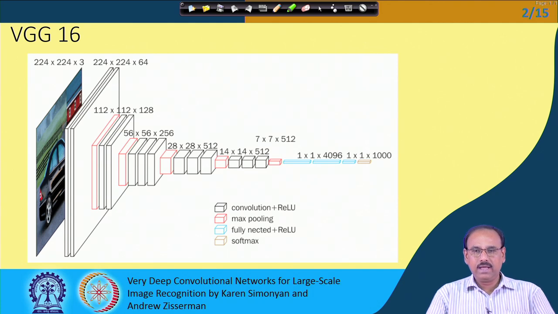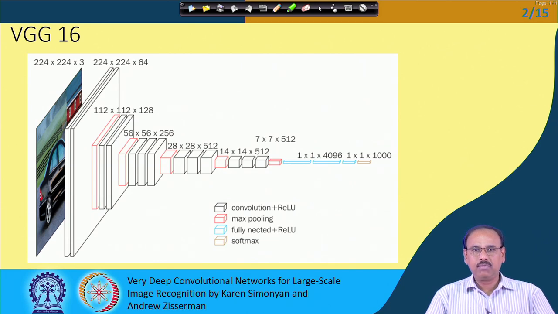The convolution layer along with the rectified linear unit makes a convolution layer. You can see here that the number of convolution layers in VGG-net is 13. It has 5 max-pool layers, and all the red rectangles represent the max-pool layers. It has 3 fully connected